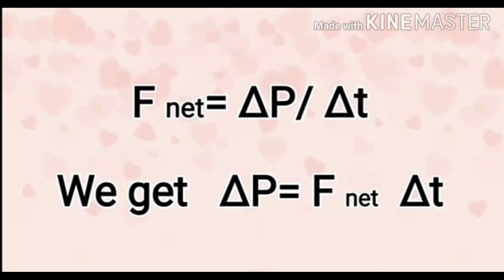From this equation, you know the product of force and interaction time is called the impulse of the net force. Impulse is equivalent to the change in momentum that an object experiences during an interaction. Always, the impulse gives you the change in momentum. How the momentum has changed that an object experiences during its interaction is said to be the impulse.